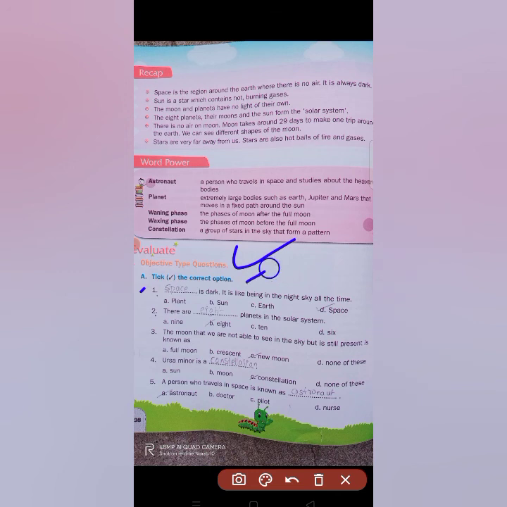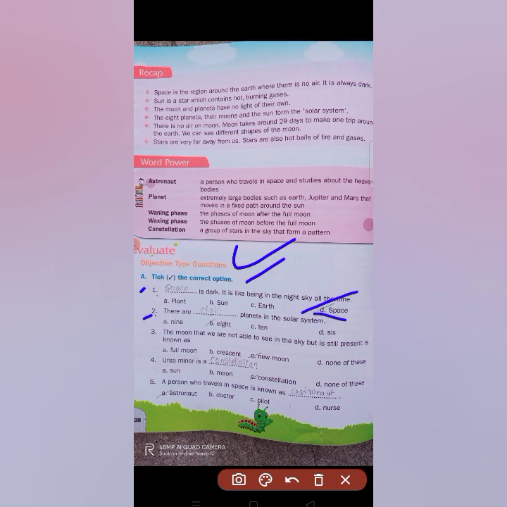So you have one question, and for that you have 4 options available, and among the 4 options we have to choose the correct one, right? So you know that. First read the statements correctly, then choose the correct option. Right, coming to the first question, dash is a dark region, it is like being in the night sky all the time. What is that region called? That is nothing but space, right? Space is the dark region where we cannot see anything, where we feel like there is night all the time,